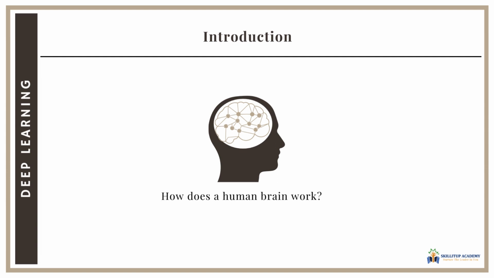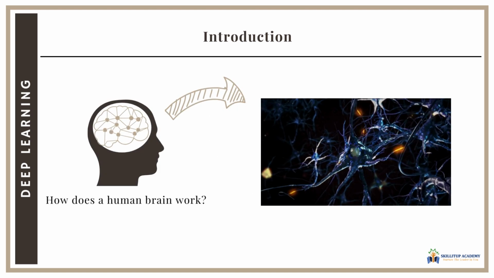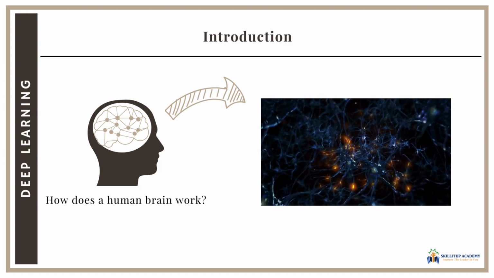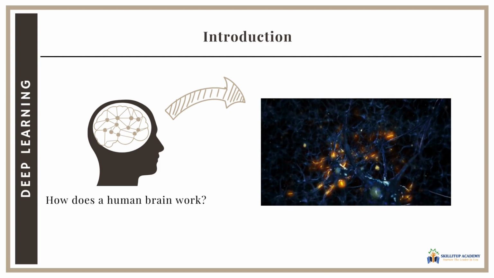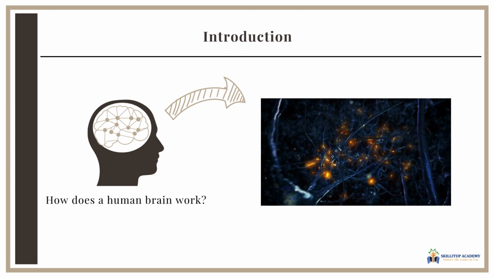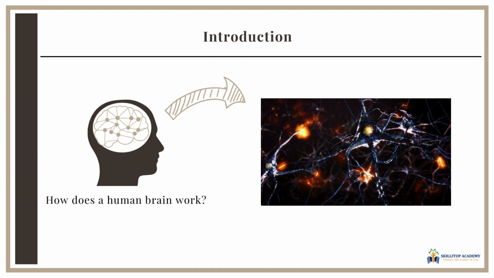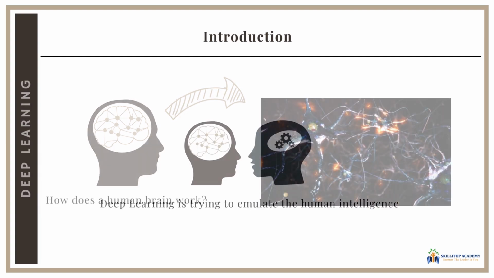Okay, let's understand how a human brain works. The human brain is the most complex organ and is responsible for major functions of the body and decision making. It's made up of billions of brain cells called neurons. Neurons communicate through electrical and chemical signals. The electrical signals propagate to thousands of other neurons, which further leads to formation of thoughts.